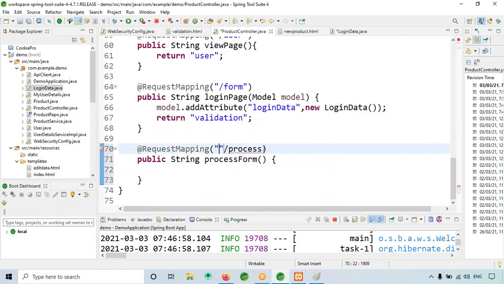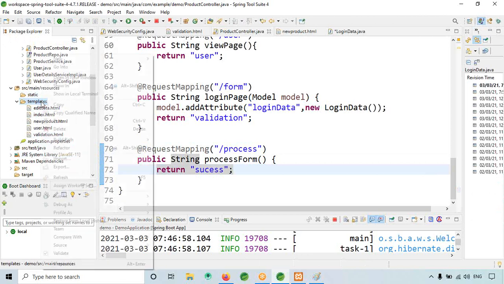Everything, the code I will give like this. Return success.